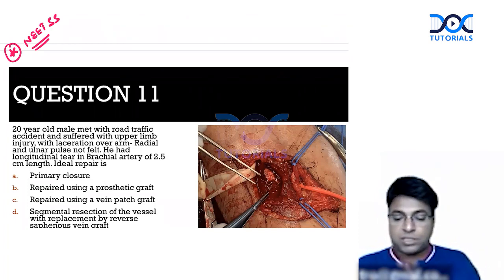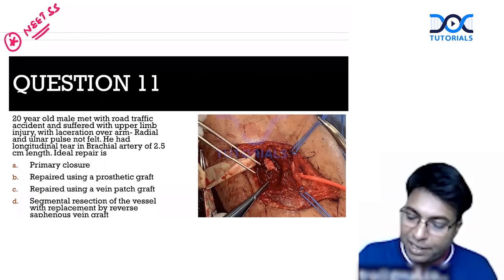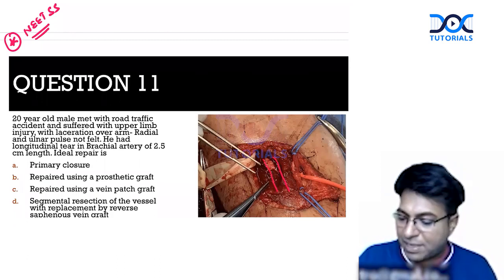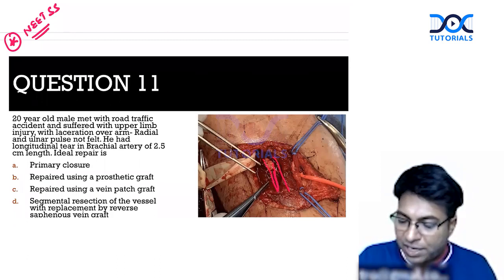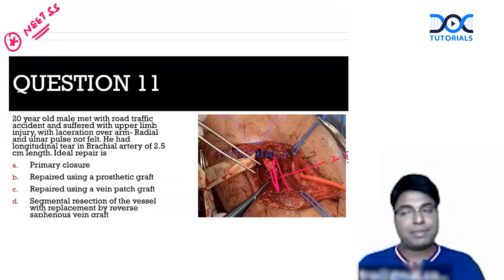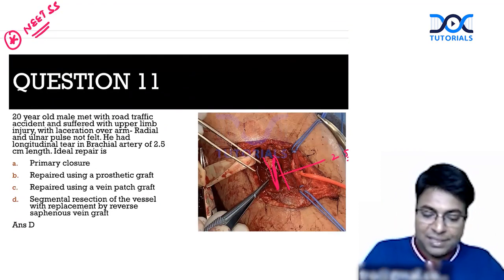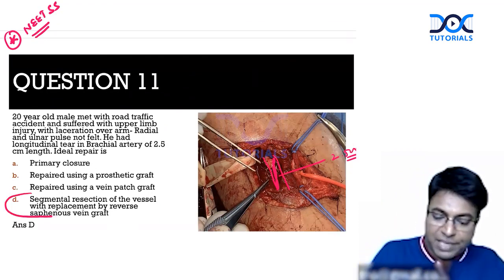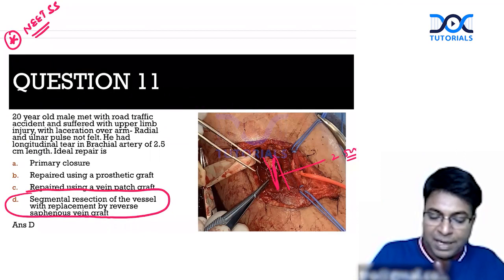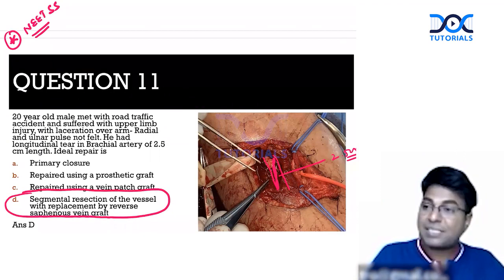Radial and ulnar pulse is not felt. This is a brachial artery injury. I don't have a clear-cut picture, but there is a 2.5 centimeter longitudinal laceration. What is the ideal repair now? Most of you will be answering C. That is wrong. The line from Sabiston very clearly says segmental resection of the vessel with replacement by a